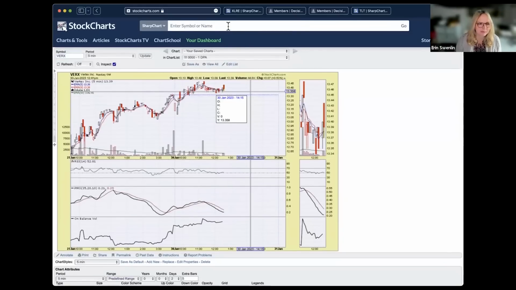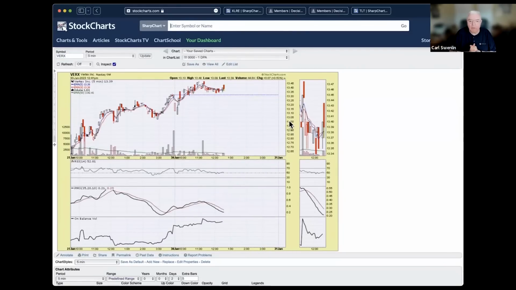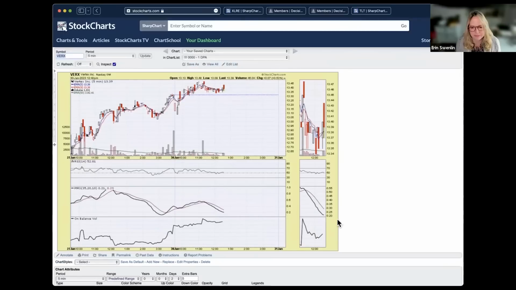All right, next up. Not too long ago, with that last candle, it was high enough that it may have turned the PMO up, but that didn't last long. No, there we go. You can see it is decelerating, but this new candlestick is really posing a problem for it.